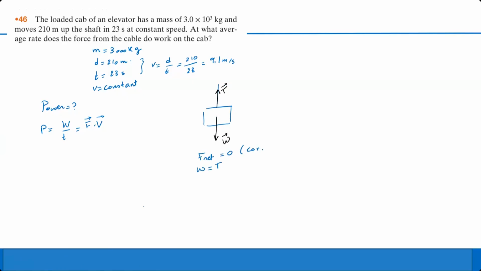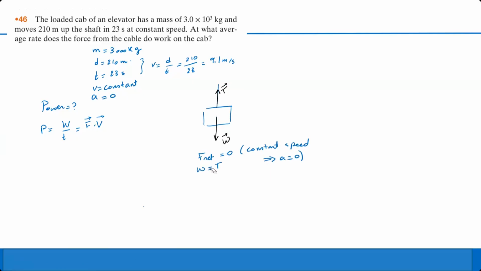Why? Because I have constant speed, so the acceleration must be 0. Always pay attention when you see the word constant speed. I recommend you immediately deduce and write down that A is 0 so that you are aware of it when you do problem solving. And then if F net is 0, then